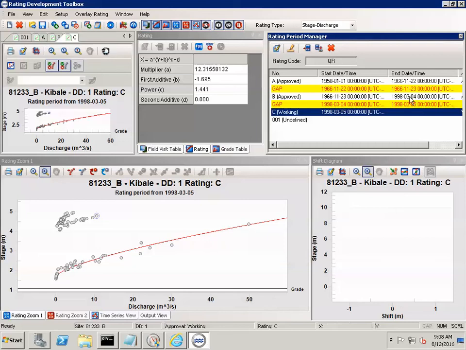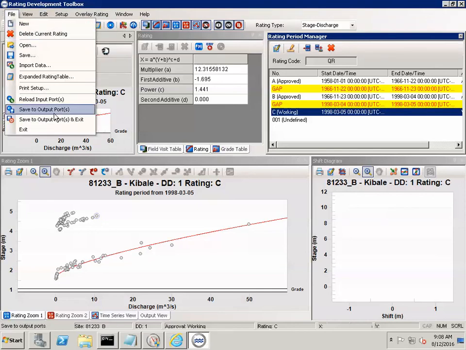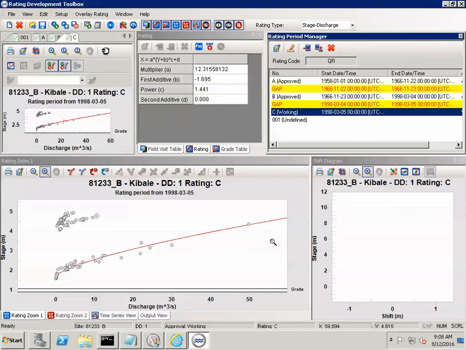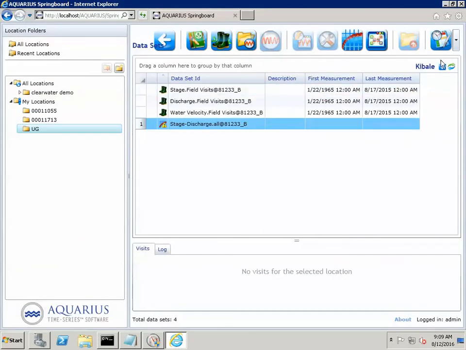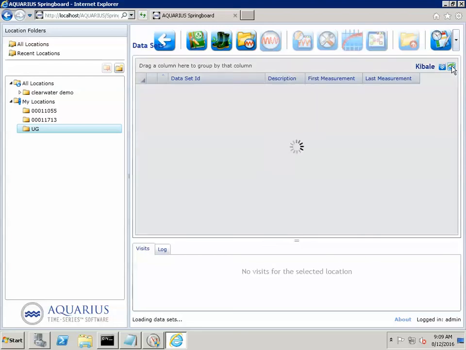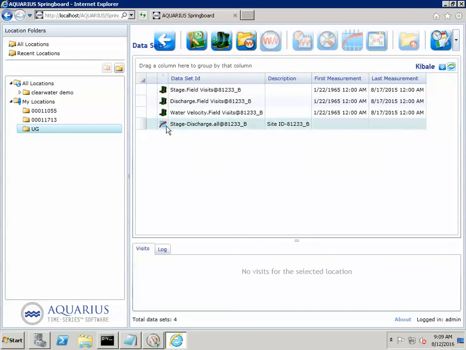But now that we have our 3 rating equations in here, all with dates, if we go ahead and save this, we don't get that warning anymore. And if I close my toolbox and save and just refresh my list by clicking the refresh button, you'll see that that little yellow triangle is gone from my list, which says that this rating model will actually work now if I use it to set up a derived